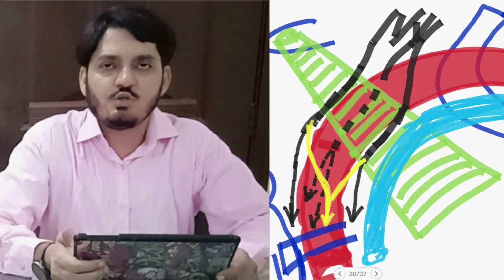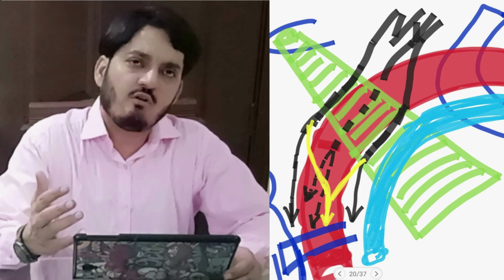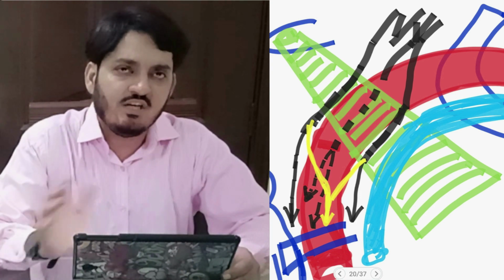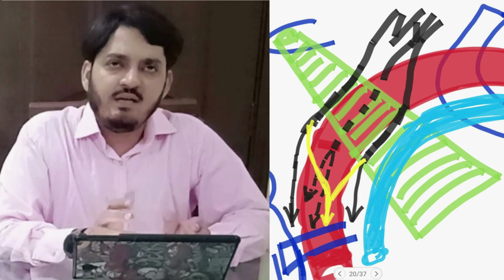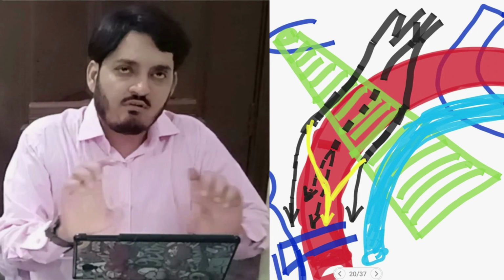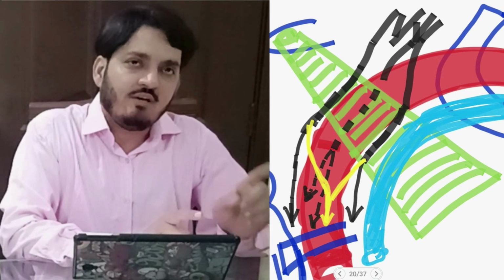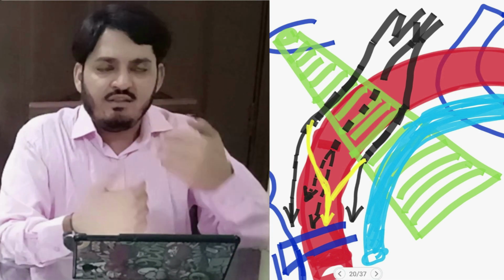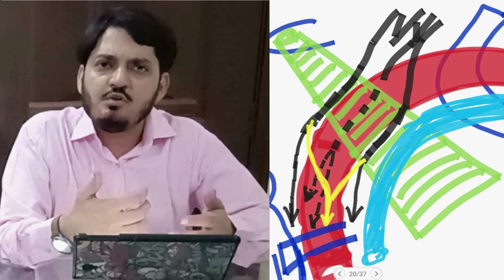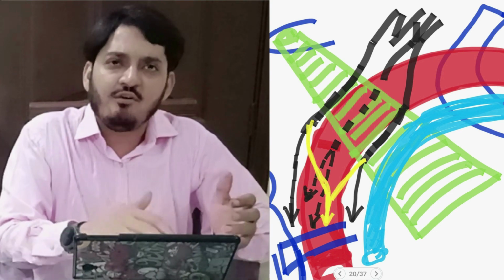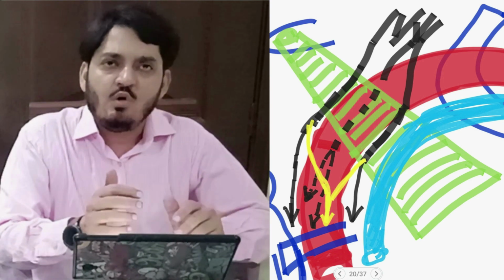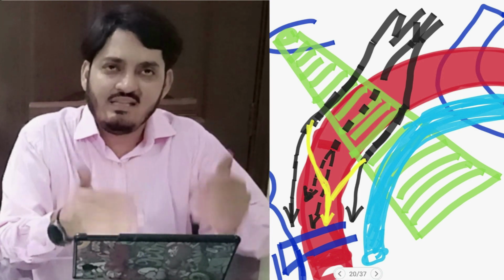That's all about the relations of the axillary artery. This is the most difficult part of the upper limb region, but I tried my level best to give you a simple concept of how to understand the relations of the axillary artery. Keep in mind, these details are very important because in my upcoming lecture, the neurovascular of the arm, we will connect the knowledge that we have learned from here. In that lecture, I'll talk about the course of the radial nerve, ulnar nerve, median nerve, musculocutaneous nerve, axillary nerve, and the brachial artery. I'll talk about the course of these structures, but what is the origin of these structures? We have already completed this detail in this lecture.